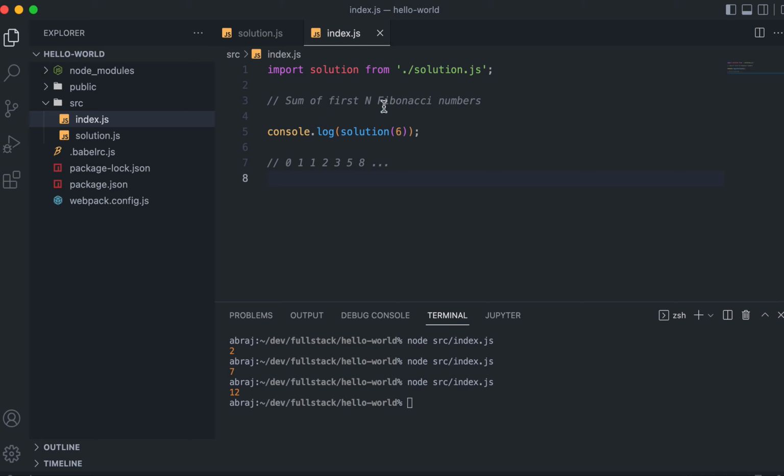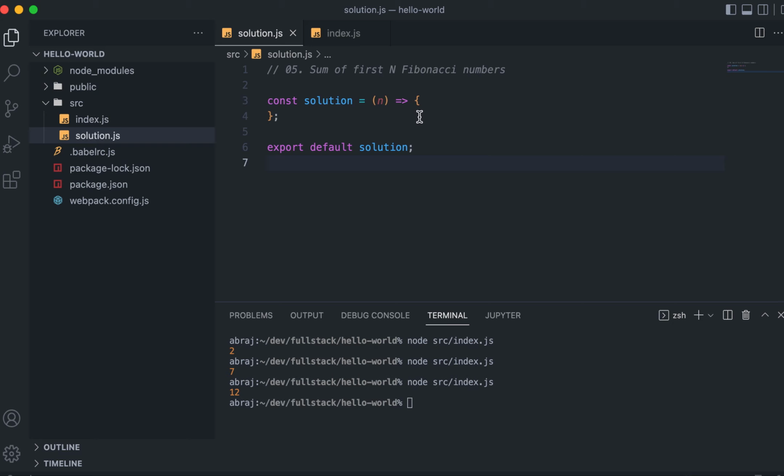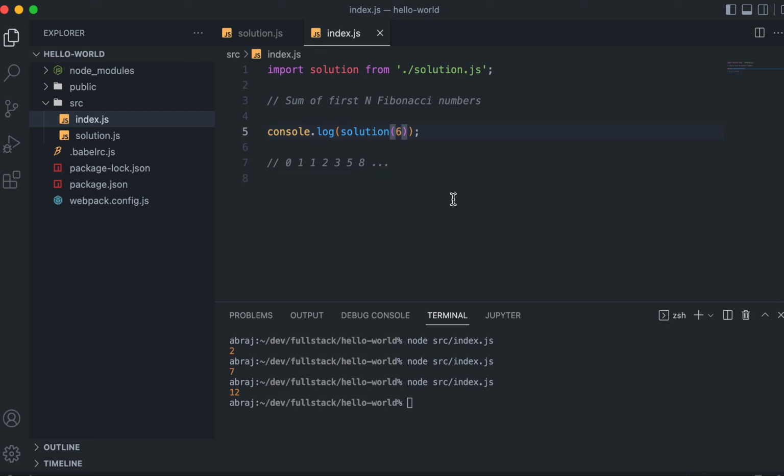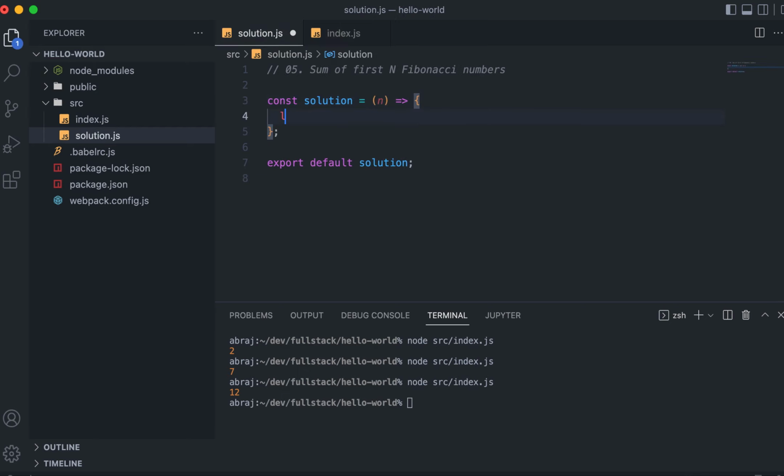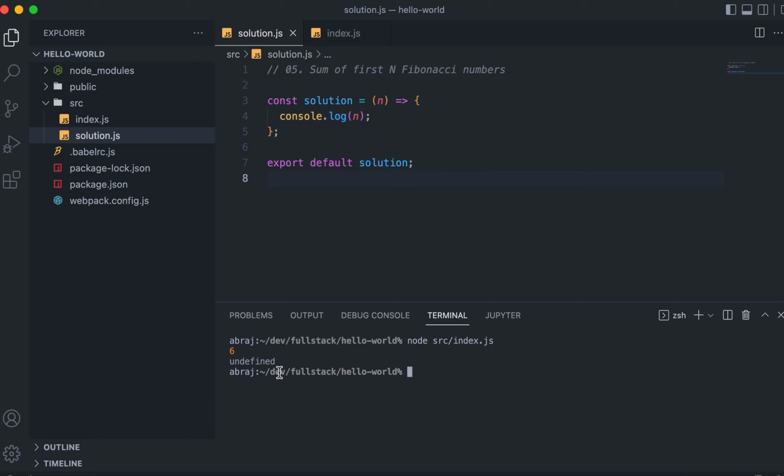So now let's have a look at the solution of this question. In the solution file, we'll start implementing this sum of first n Fibonacci numbers. The passed argument is n, which means that in this case 6 is going to be n. Let's try to log it, and we will see that this is 6, right? Now we have to find the first n Fibonacci numbers and then sum them. But before we do that,